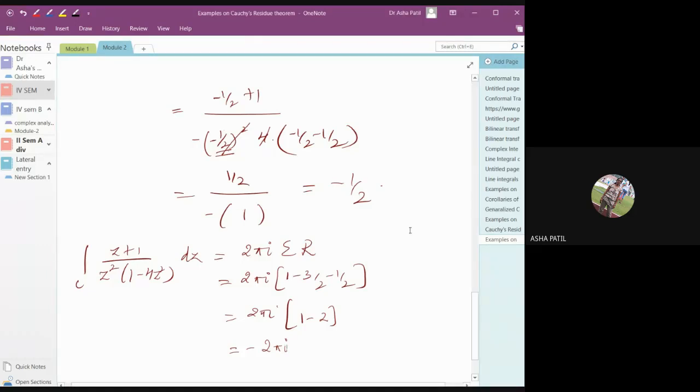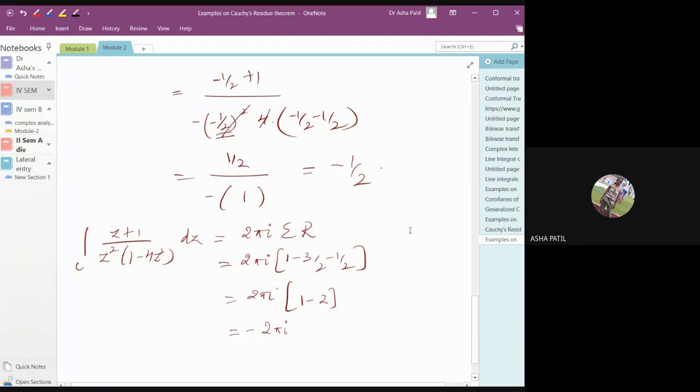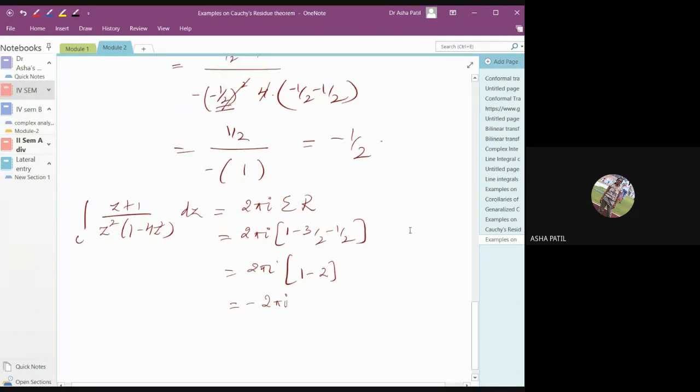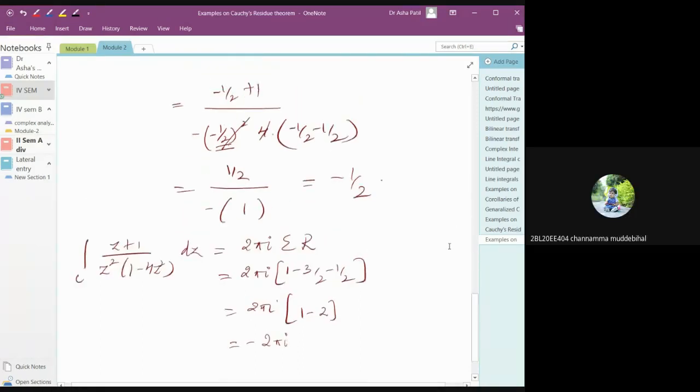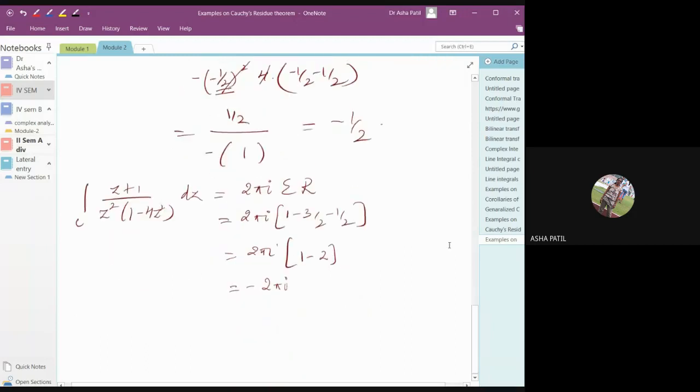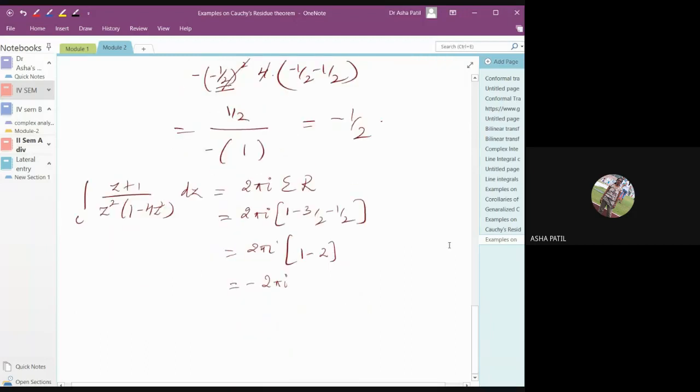Is there any mistake? We got minus 2 pi I. Also got same answer. Okay, then I might have written the answer wrongly. Others, anybody, if you have tried? Correct, ma'am. No, it's correct. Okay, I'll change the answer only. I think I have written it wrong. Anyhow, verify it once again. Okay, let us move on to next example.